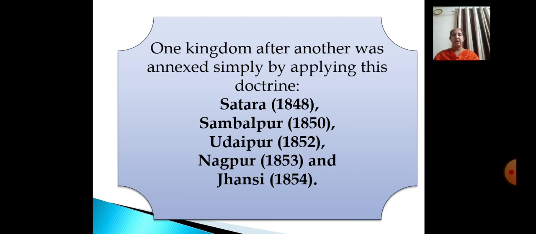This time the British had an added argument. They said that they were obliged by duty to take over Awadh in order to free the people. What was the condition they were giving? They annexed Awadh in order to free the people from the misgovernment of the Nawabs. Enraged by the humiliating way in which the Nawab was deposed, the people of Awadh joined the great revolt that broke out in the year 1857.